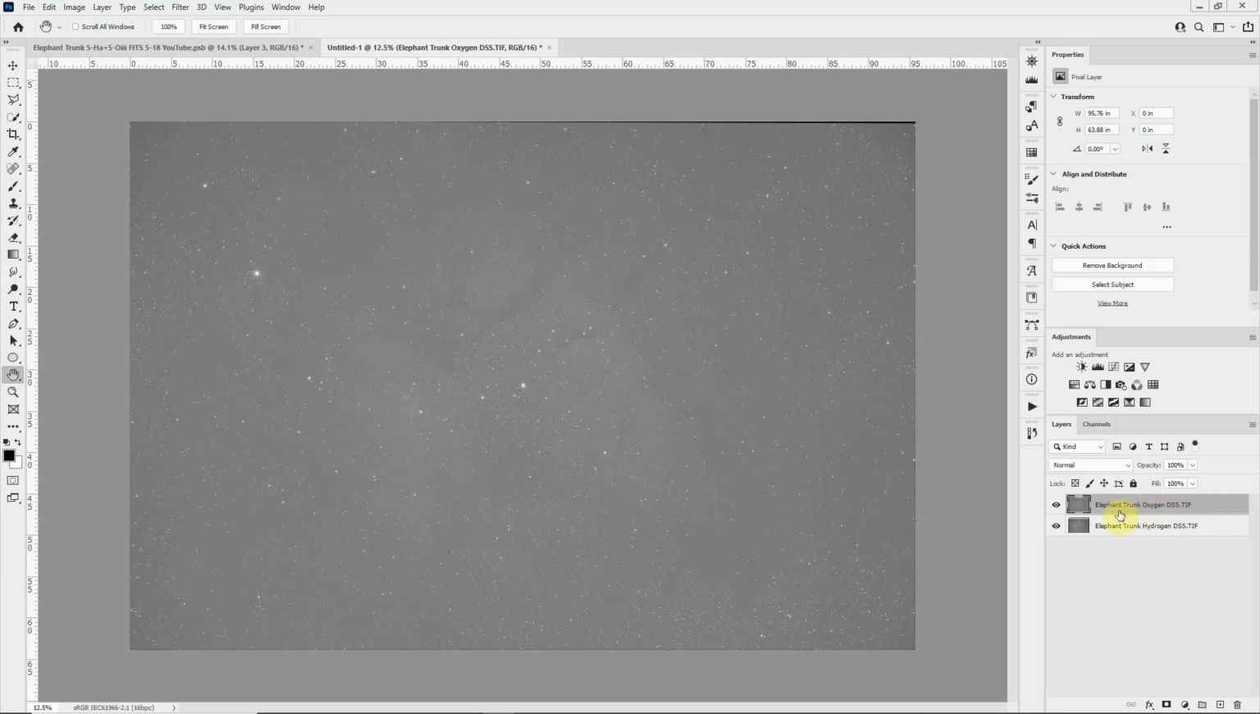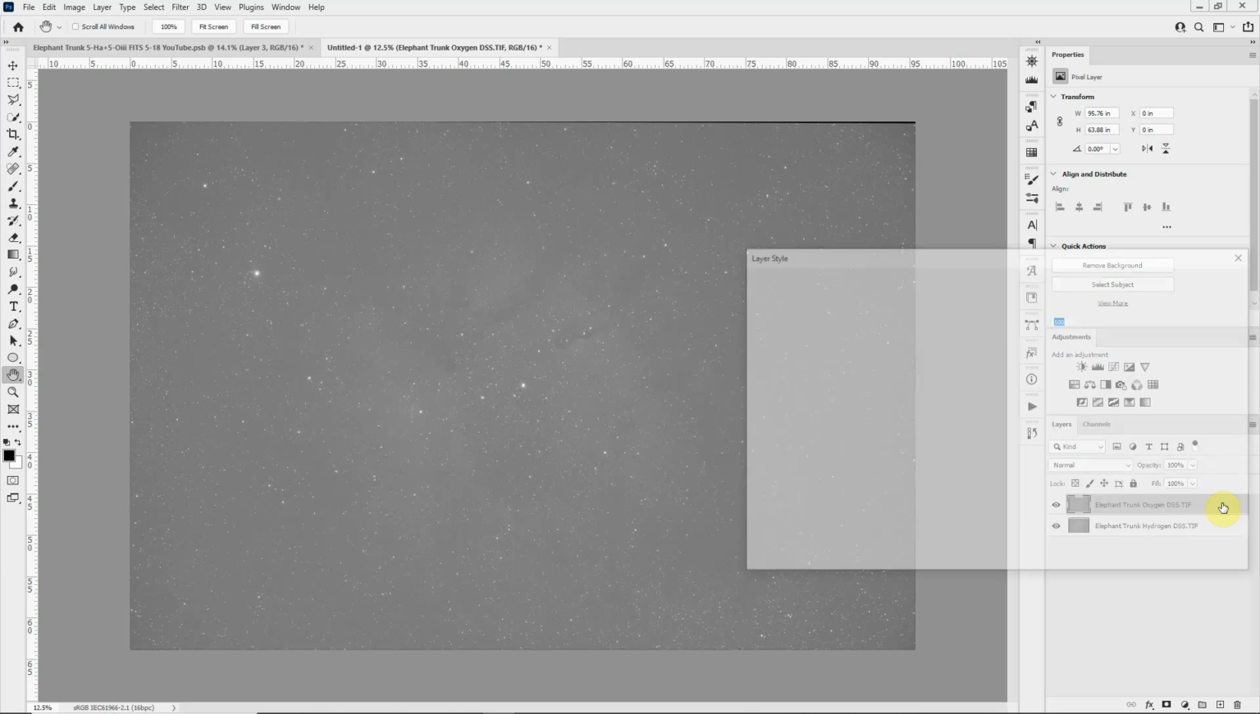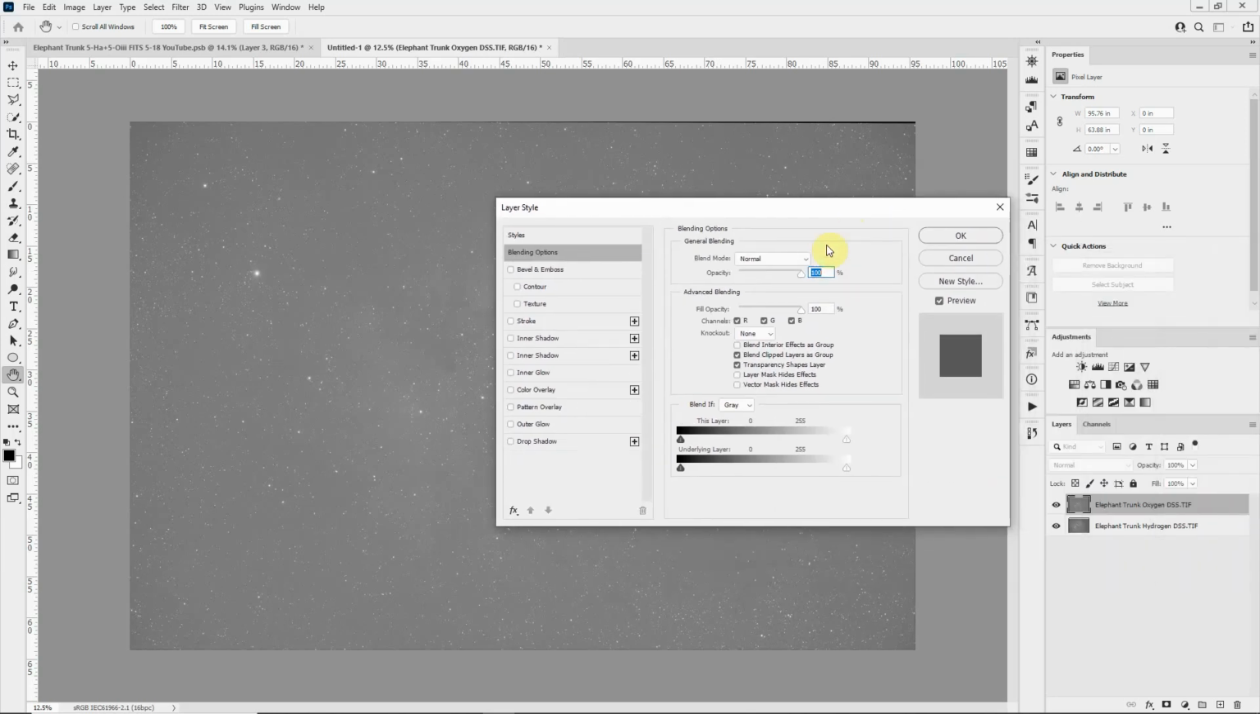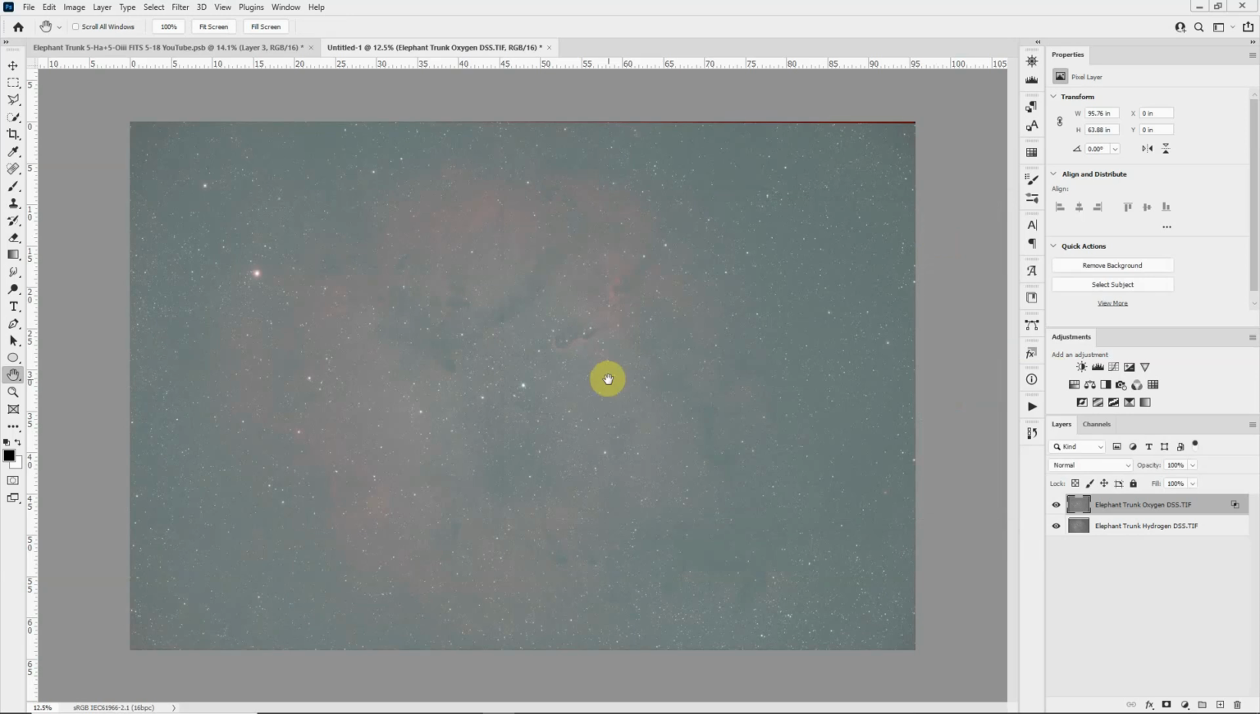So if I look at the name here, and this is the Elephant Trunk Oxygen, if I just double click on this layer, that will bring up a panel that has the advanced blending options along with other styles that we can apply. And you'll notice kind of in the center you've got the different channels for red, green, and blue. They're all checked, so all three are turned on. If I uncheck the red, then that will include only the green and blue channels from this layer. Click OK, and I now have a color image with red assigned to